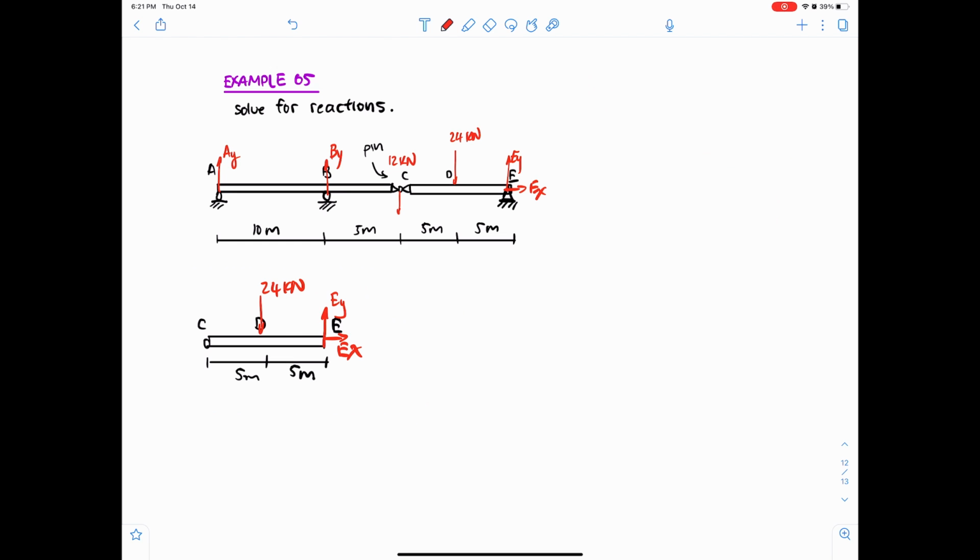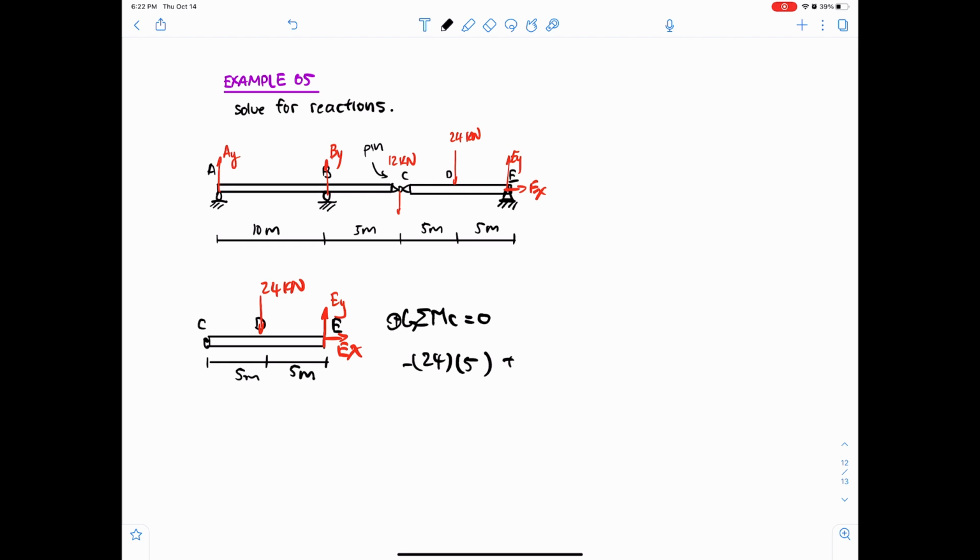Okay, so first things first, I'll change my pen color, sum of moments around C, setting counterclockwise as positive as usual. And basically, we just want to solve for EY, all right? So if we take a look at this 24, it wants to rotate the system this way, so it's negative 24 times 5, right? That's the distance from C,